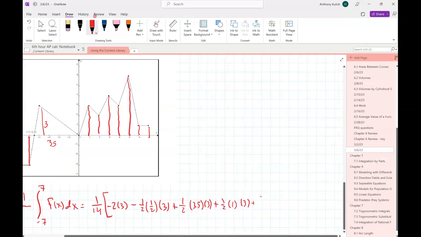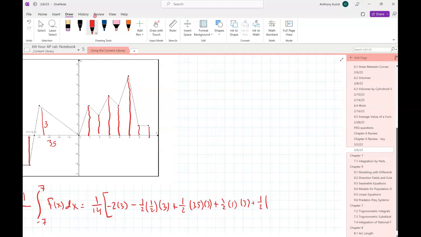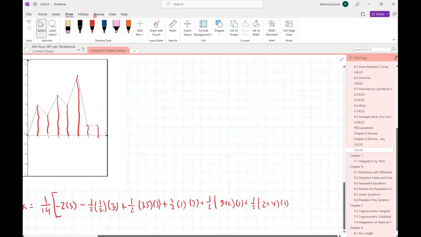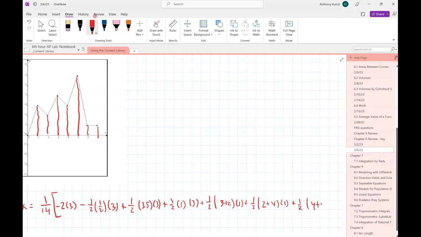How do you find the area of a trapezoid? 1/2 b1 plus b2, so that's 3 plus 2 times height, which is just 1, plus 1/2, and then 2 plus 4 times 1, plus 1/2, that's 4 plus 3 times 1, plus, it's another trapezoid,